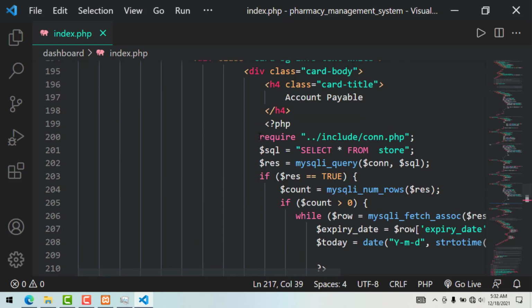Yes, and we even don't need to require the database again because we have already required it on top there. So we are creating a variable called SQL with the select statement, and for this one we are selecting all from the info. So the info table is the one that contains the opening balance that we need. We're also checking the database connection and if this statement was